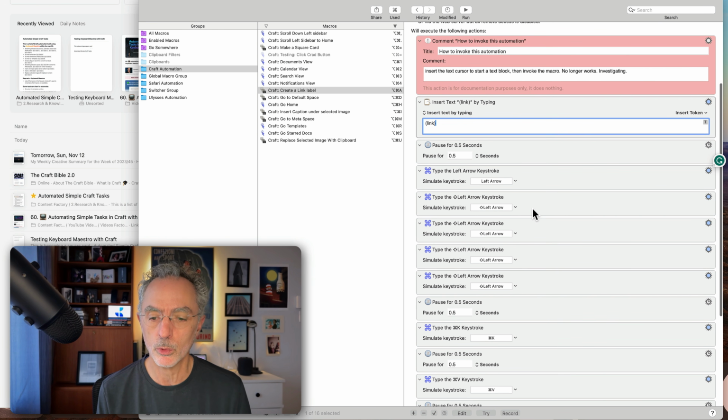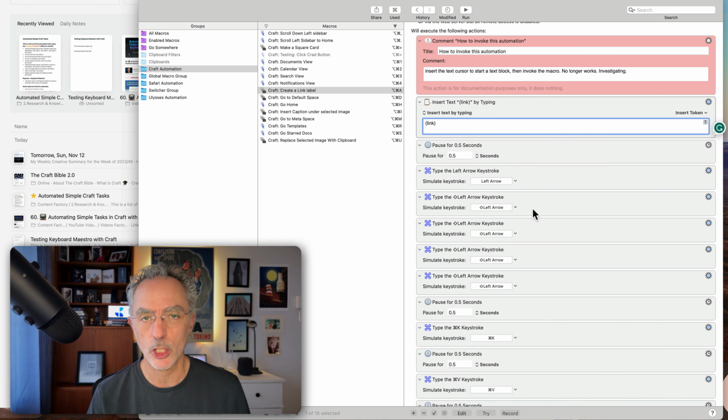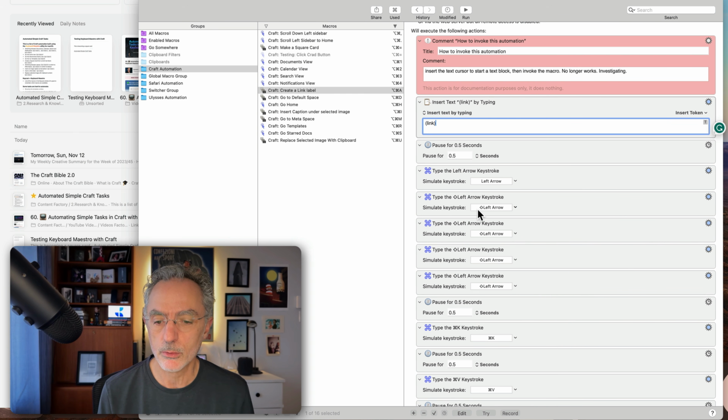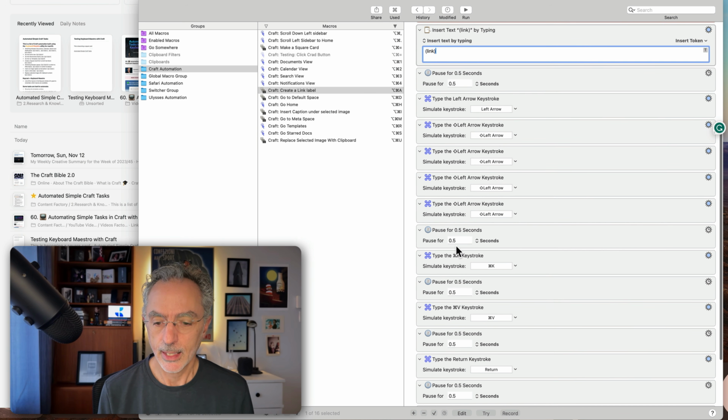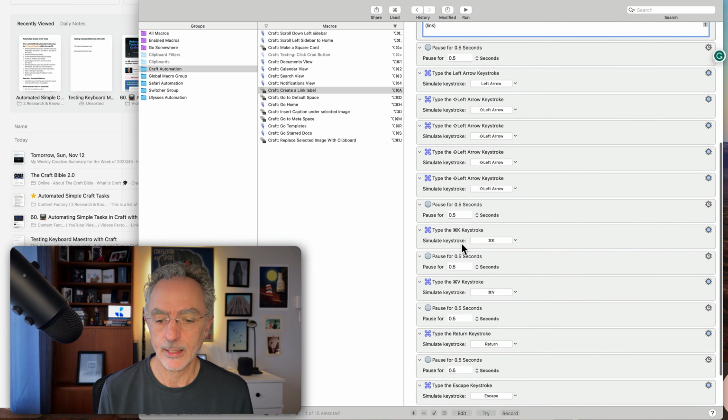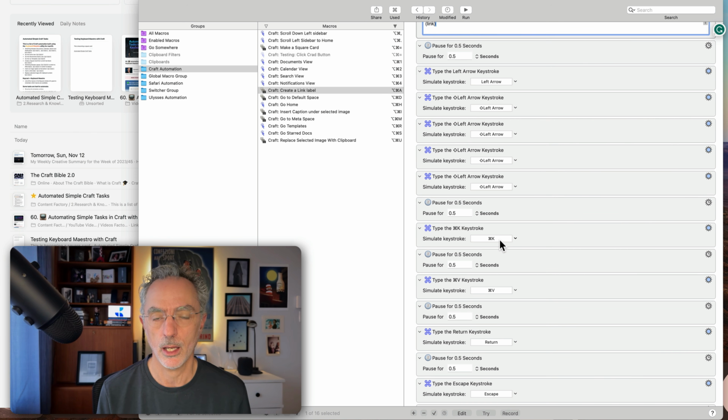to select the word link by using the shift key while moving to the left. This is why I simulate a keystroke here with the Shift key and the left arrow pressed. I do that 4 times because there are 4 letters in the word. And I do that 5 times because there is the parenthesis and the 4 letters in the word link. And then I wait again half a second, and then I'll press the Command K key combination to invoke the